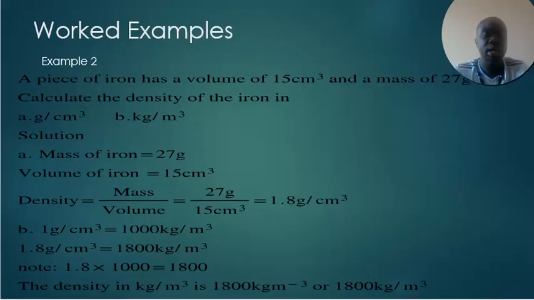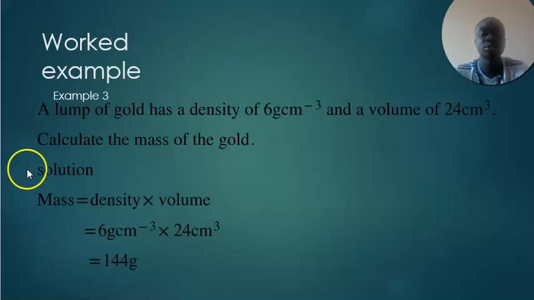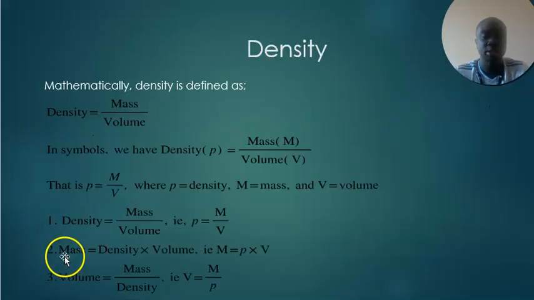Now let's look at our last example. We are asked to find the mass. A lump of gold has a density of 6 grams per centimeter cube and a volume of 24 centimeter cube. Calculate the mass of the gold. So we just state the formula. The mass is equal to